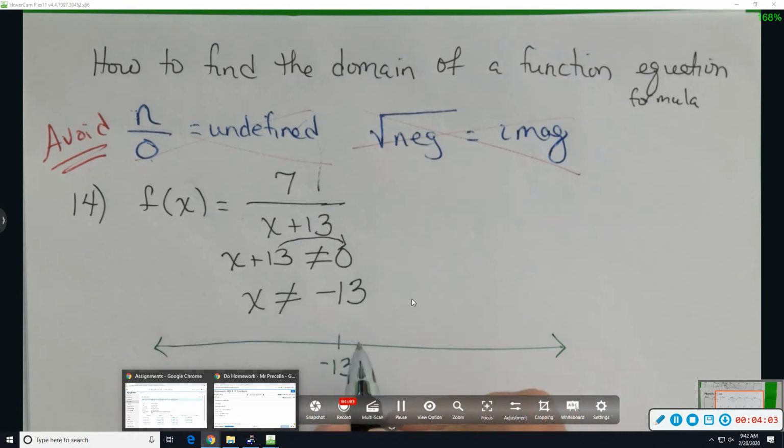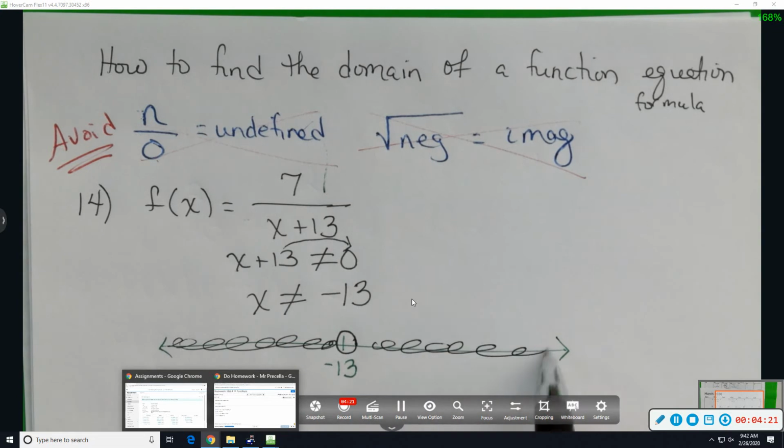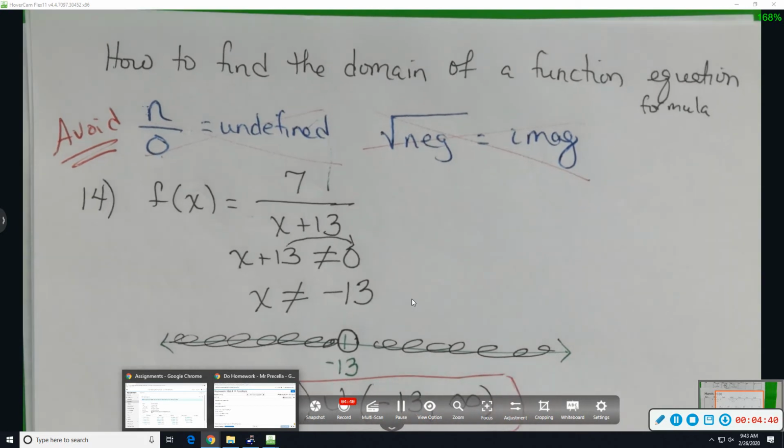x can't be negative 13. That means we want to exclude negative 13. What means exclude? Open or closed circle? What is exclude? It's open. Okay? Open means exclude. It can be anything else. Okay, negative infinity to negative 13 union negative 13 to infinity. This right here is just interval notation, or a shorthand way of writing